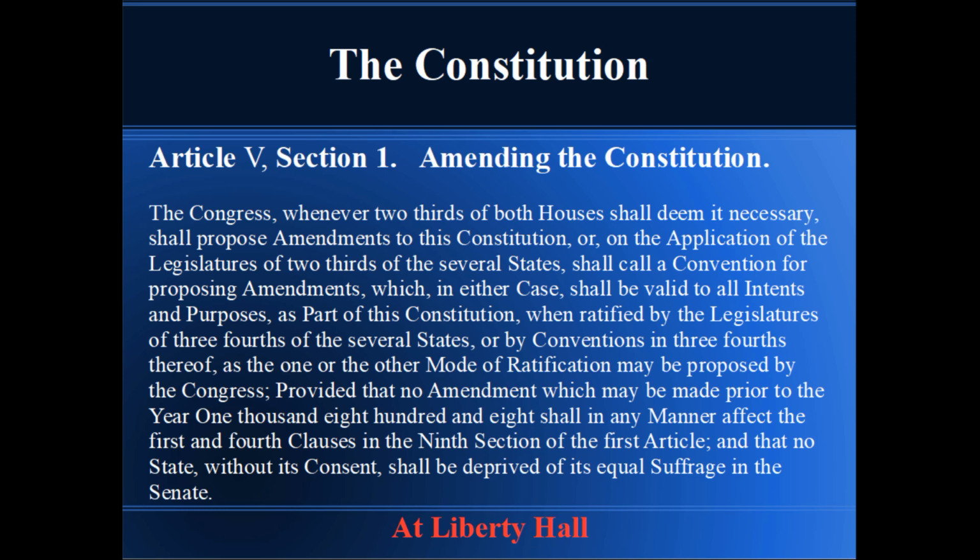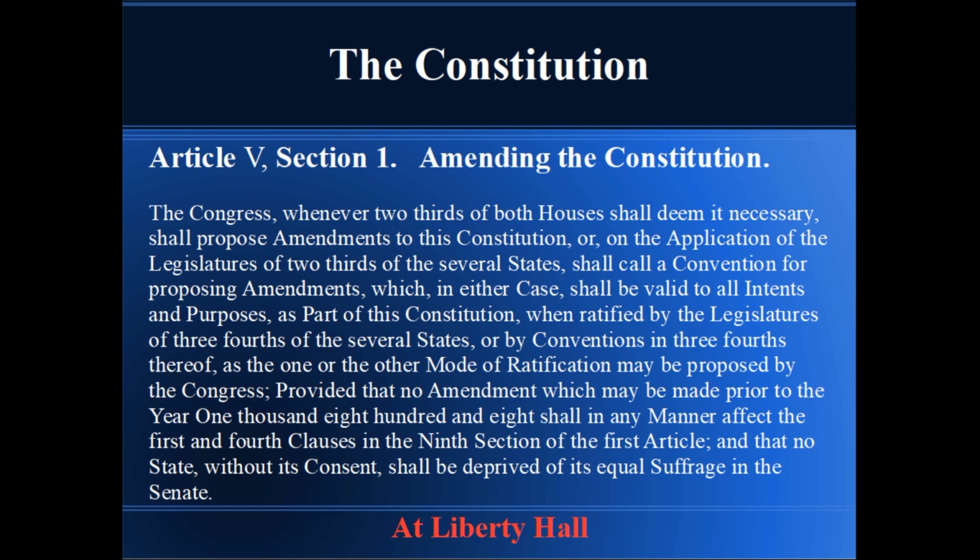Article 5, Section 1, Amending the Constitution. The Congress, whenever 2/3 of both houses shall deem it necessary, shall propose amendments to this Constitution, or, on the application of the legislatures of 2/3 of the several states, shall call a convention for proposing amendments, which, in either case, shall be valid to all intents and purposes, as part of this Constitution, when ratified by the legislatures of 3/4 of the several states, or by conventions in 3/4 thereof, as the one or the other mode of ratification